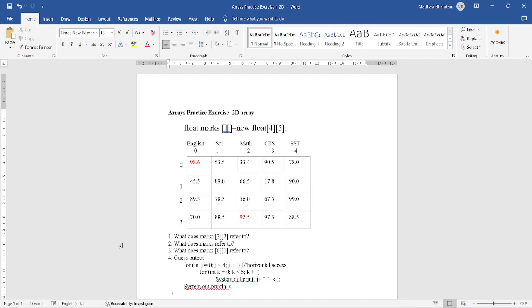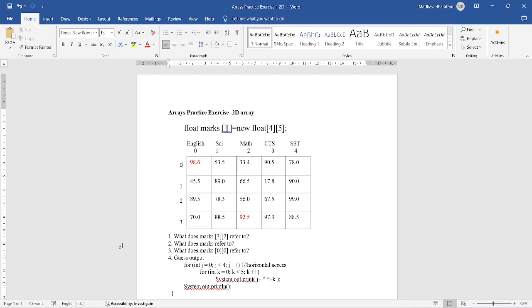So for each student, all subjects' marks are stored in the first row, then second row, then third row, then fourth row. Now, what does marks[3][2] refer to? Index 3 and 2 is 92.5. What does marks refer to? It is the starting address of the entire array. Now, marks[0][0],